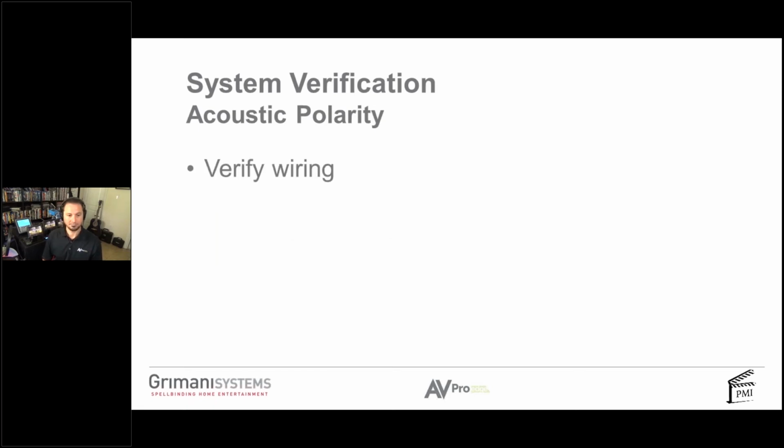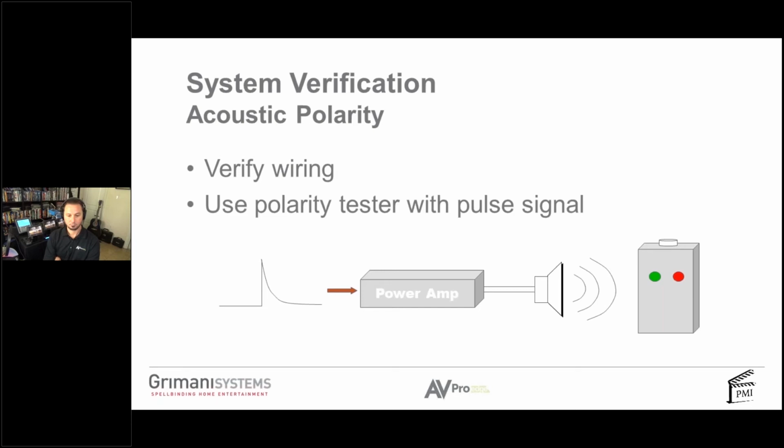Okay, we're going to verify one more thing. Yes, we're still verifying, and that's the acoustic polarity. If the speaker is built correctly and you've wired it correctly, a positive signal coming out of your signal generator or out of the test disc or out of the program material should come out as a positive acoustic pressure, which means that the woofer or the mid-range or the tweeter is pushing air out into the room, and when you measure it, you're going to see that. So you're going to verify the wiring, of course, make sure that all the pluses and minuses are correct,